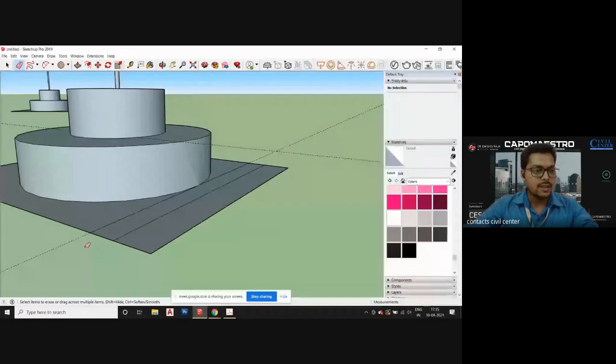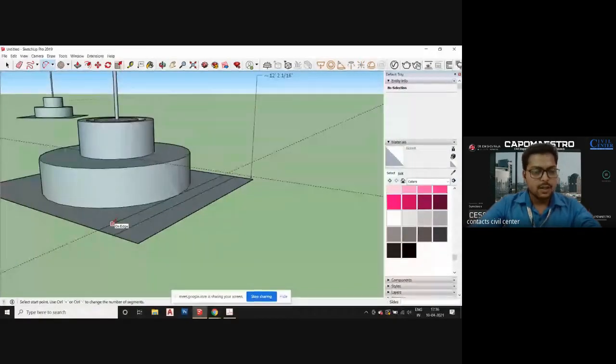Now we are left with arc. So go for the arcs, press the down button, and let's see the different types of arcs that are present over here. So we have the 2-point arc, 3-point arc, and the pie. So let us work with the 2-point arc. You can just define the 2 points and then draw the arc over here.